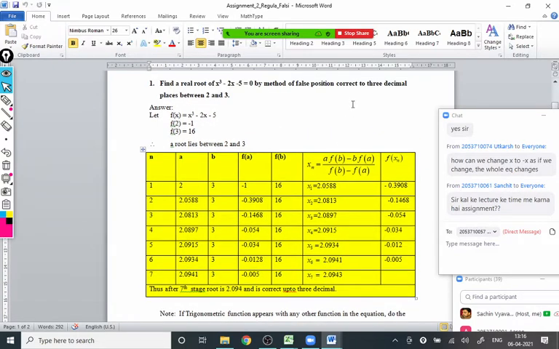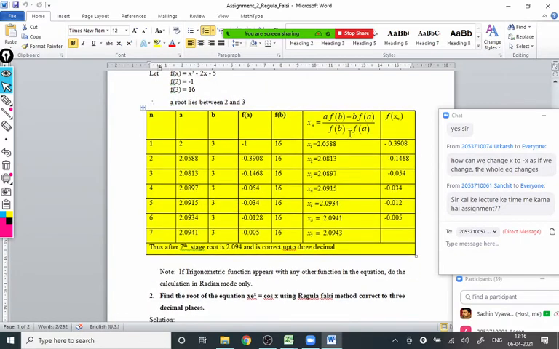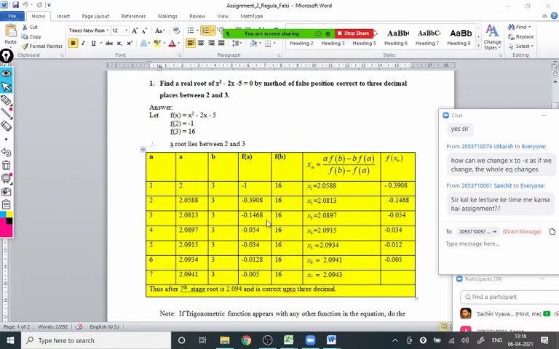Okay, so this we already have seen. Now here the stopping criterion is correct to 3 decimal places, and we observe that in the 6th and 7th iteration, the first 3 decimals, 094, start repeating. Because of that, we stopped at the 7th stage, and we say 2.094 is a correct root up to 3 decimal places after the 7th stage. Okay, so that is question number 1. Only the formula is different, and because of that, there are small changes in the table accordingly.